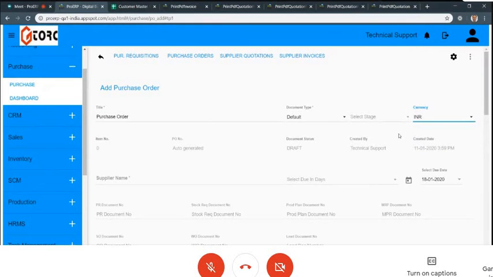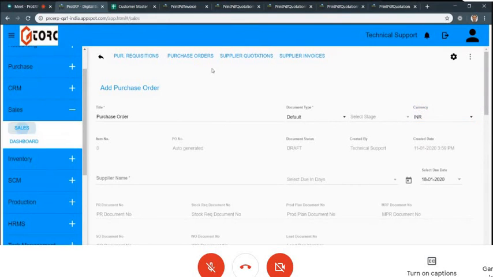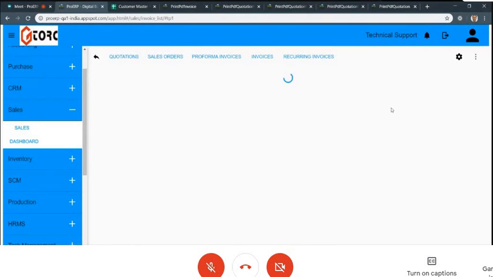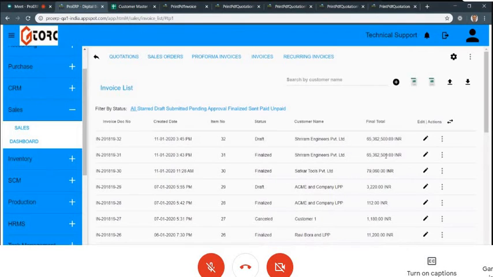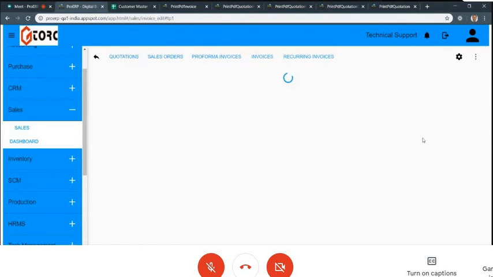Recording purchase orders or sales orders doesn't affect anything. It affects accounting at the time of accounts. So while putting an invoice, I'll show you how it affects. Suppose I go and create an invoice in foreign currency. Let's take this invoice.